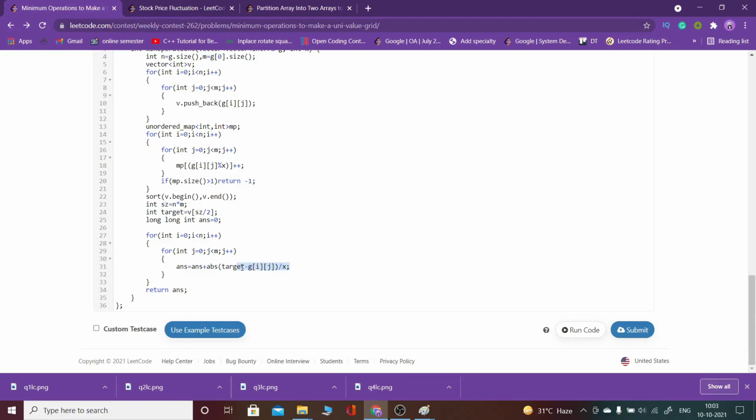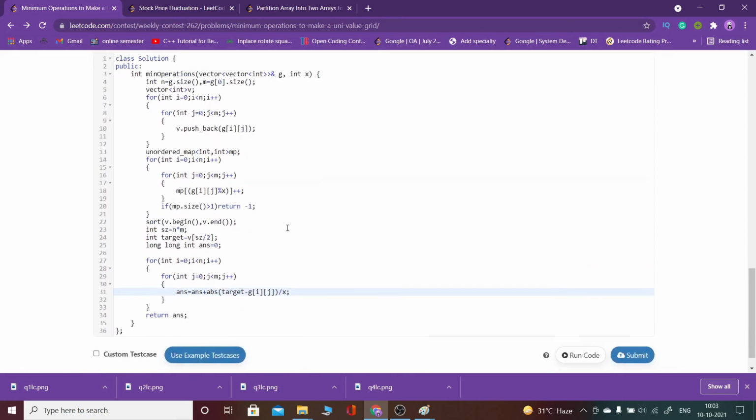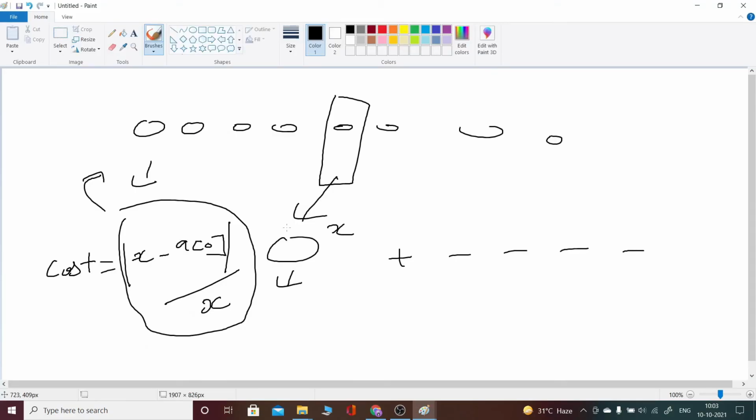Target is the median value, so the median minus g of ij divided by x. Sorry, one thing you might have confused: this x is the given integer, and this is our median value. Sorry for that if you got confused. So median minus a of 0, because we converted the value to the median, right? We take the difference from there and divide by x; this many operations we have to do.